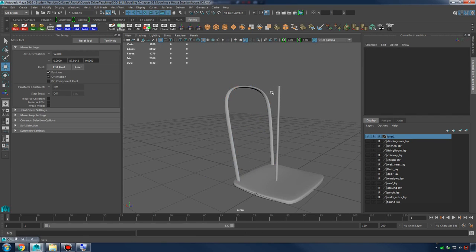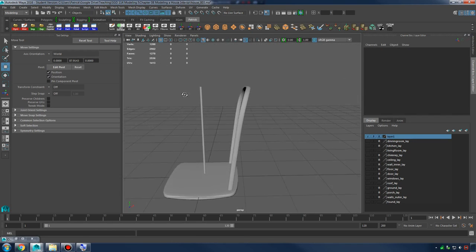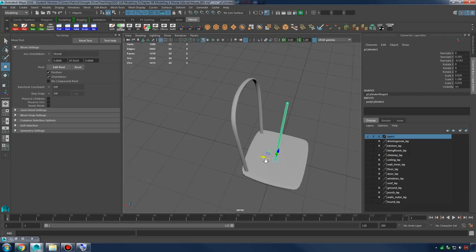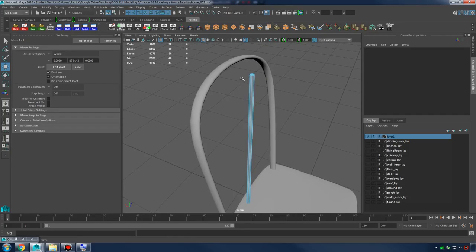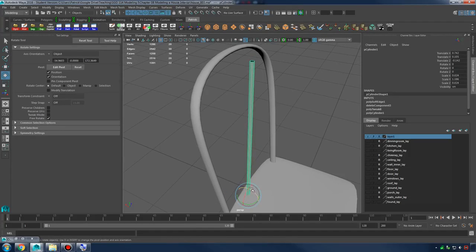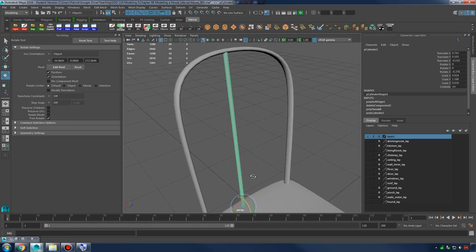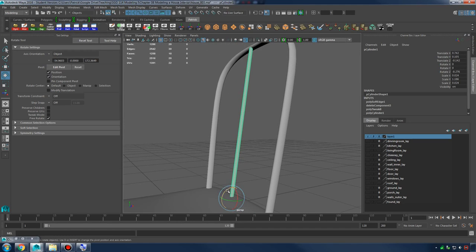Now that's an interesting shape. Nice. A little fancy. All right, so I have this wooden dowel spindle. I'm going to delete the top and bottom faces here. Now I'm going to soften those normals. And from here, it's just a matter of getting the right rotation so it's perfectly